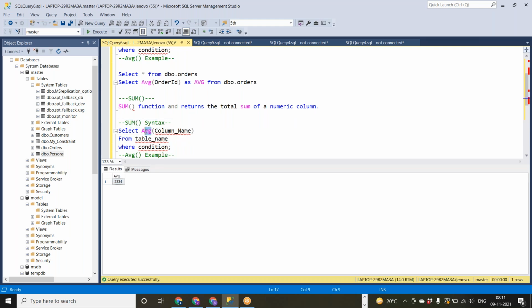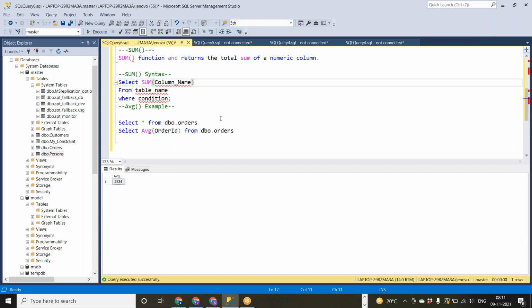Again, the sum syntax is also the same. In the place of average, we'll give sum. We'll take some other column.